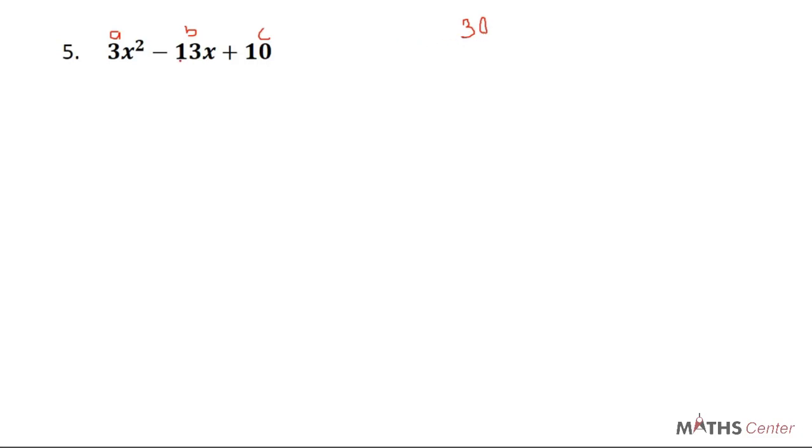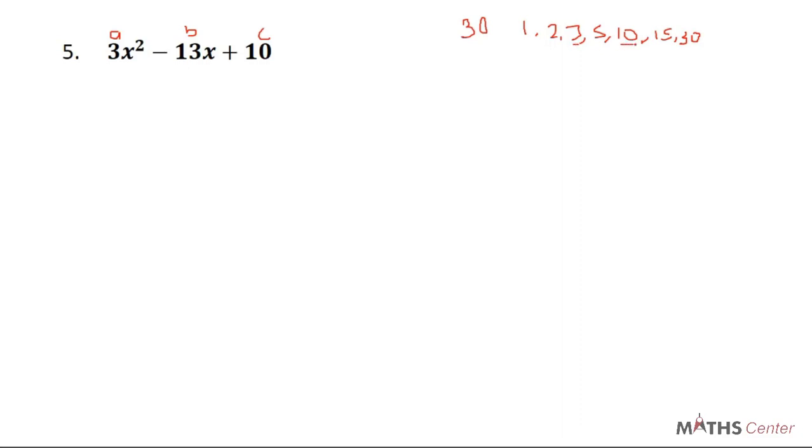But when you add, you are going to get minus 13. And we say that you will find those two numbers from the factors of 30. You know that the factors of 30 are 1, 2, 3, 5, 10, 15, and 30. So you look through this and you will see from here that when you multiply 3 by